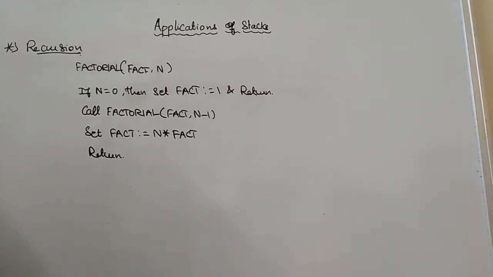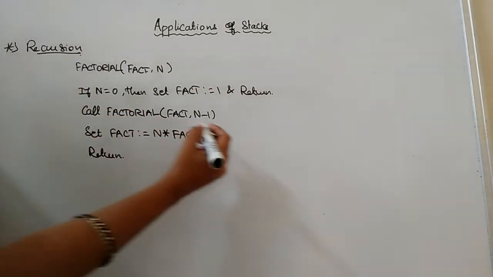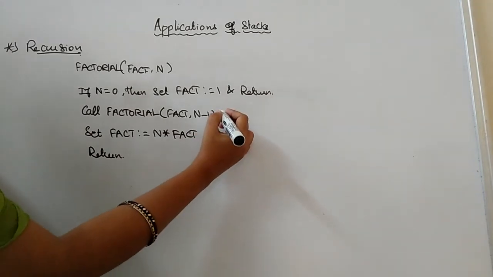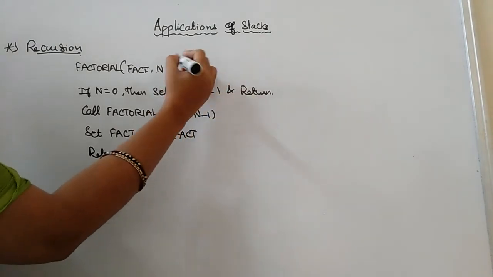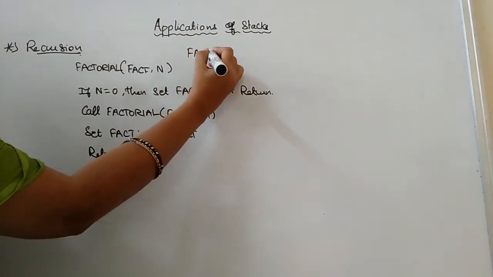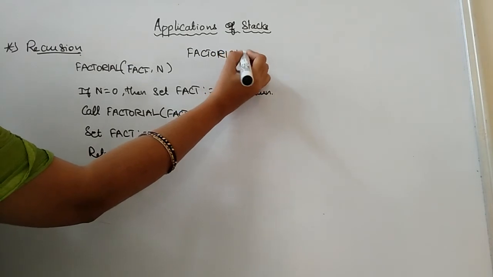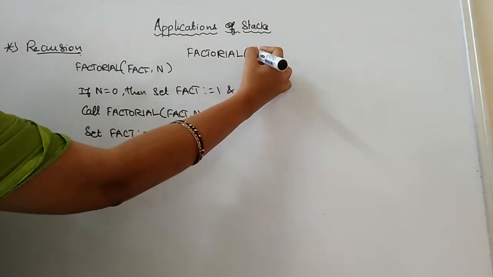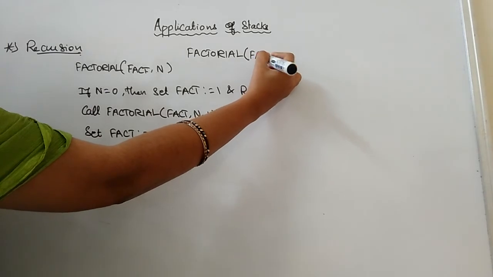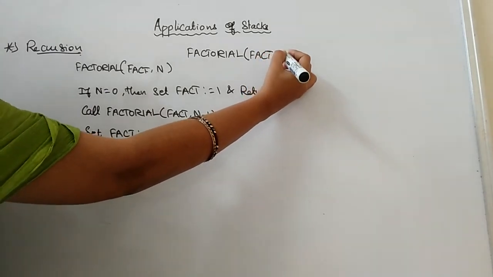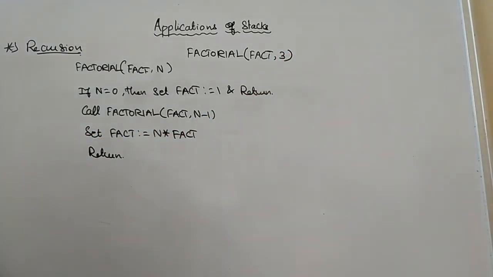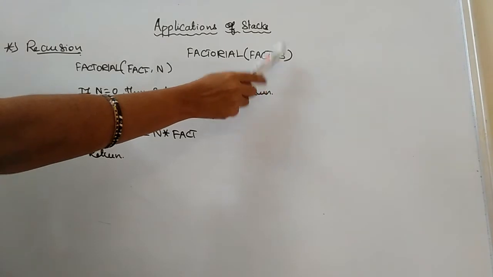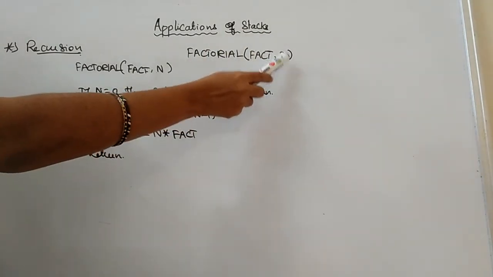Just for an example, I am going to call the function factorial of fact comma 3. So consider here the value of n is 3,